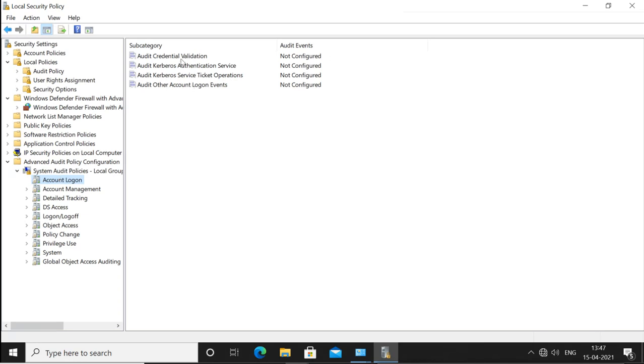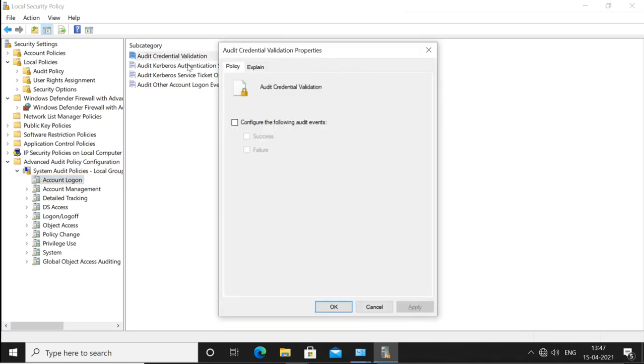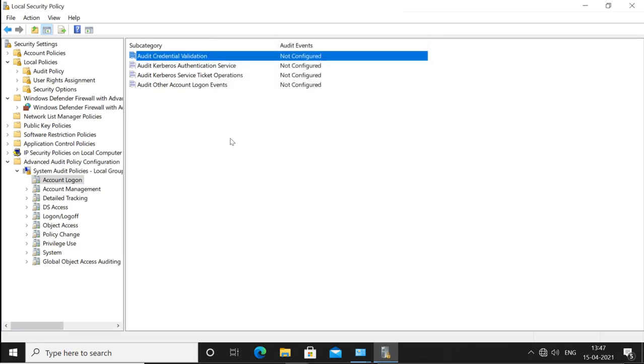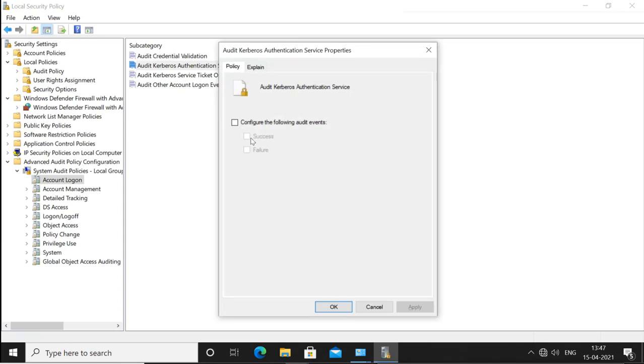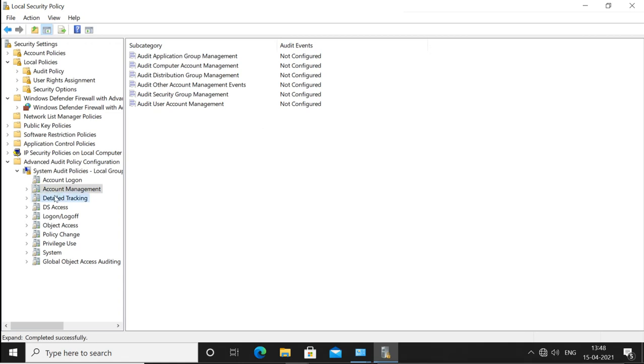You can define whether the credential validation happened successfully or failed, whether the authentication of the Kerberos service is valid, whether it happens successfully or has failed. So not only the account logon, you can manage in detail. You have detailed policies related to these simple policies we have in account lockout policy, in local policies audit.